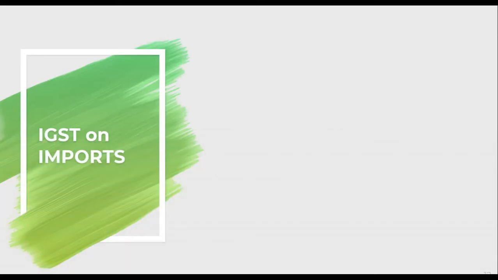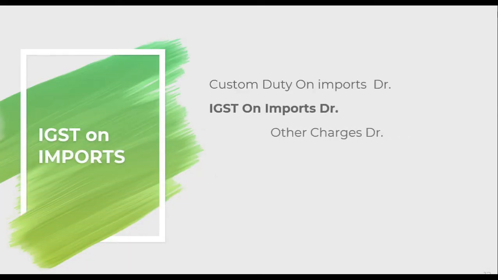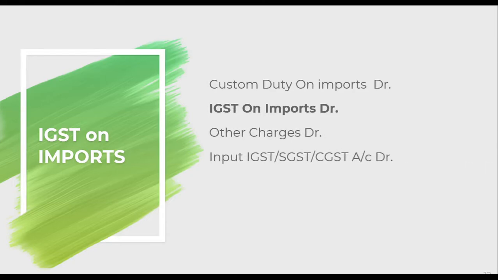Next one will be IGST on imports. In that case, the entries will be like this: customs duty on imports will be debit, IGST on imports debit, other charges, input IGST, CGST you have paid on the CHA charges, so that will be in this line to creditors or CHA account. So you can pass this entry when you are importing any goods and you need to avail credit on IGST